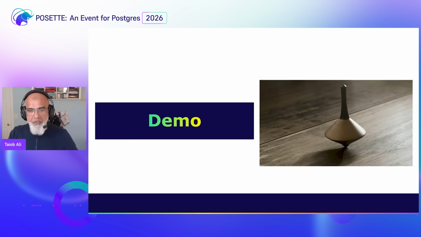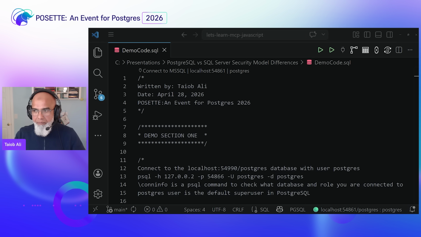So, in the interest of time, because this is a short talk, I'm not going to run through all the demo code, but I'll probably show you a few things that I prepared. We will be switching to a tool that you are seeing here right now called Visual Studio Code. This is by Microsoft. It's open source, multi-platform, and extension based.